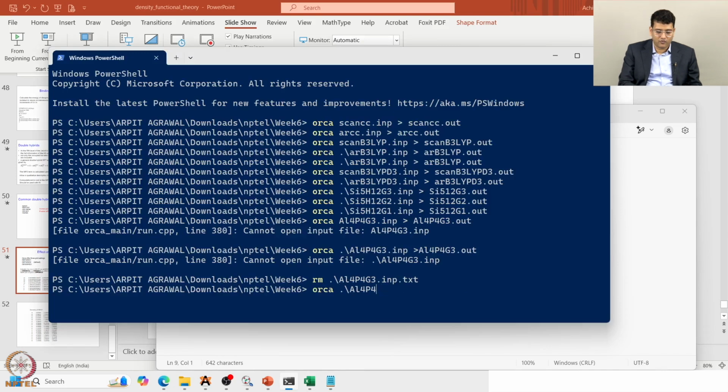Now, let's run Orca Al4P4 G3 dot inp, Al4P4 G3 dot out. By the time it runs,